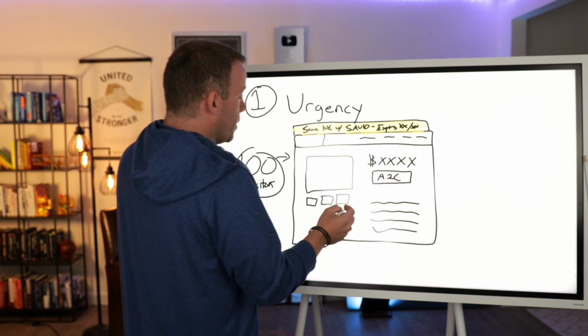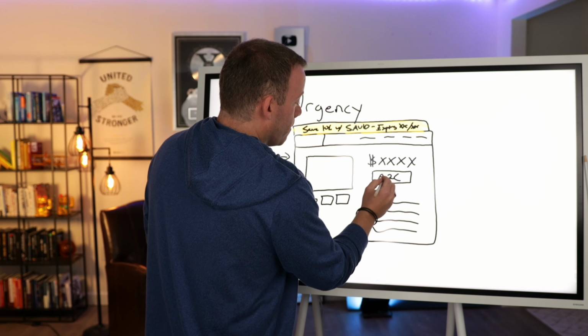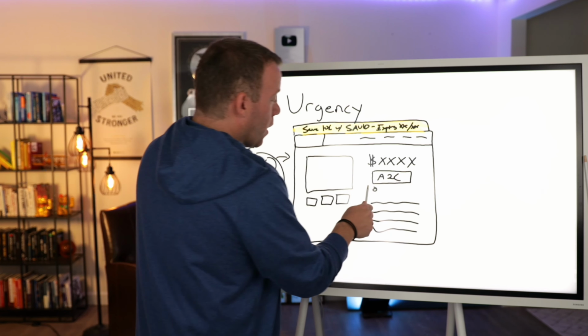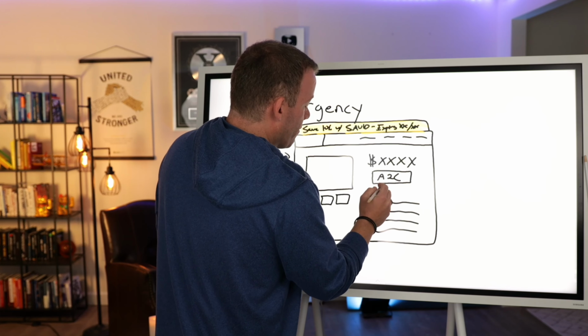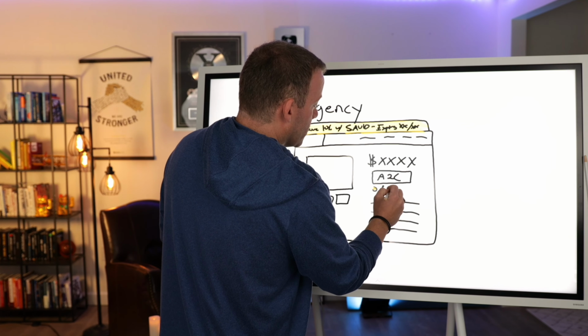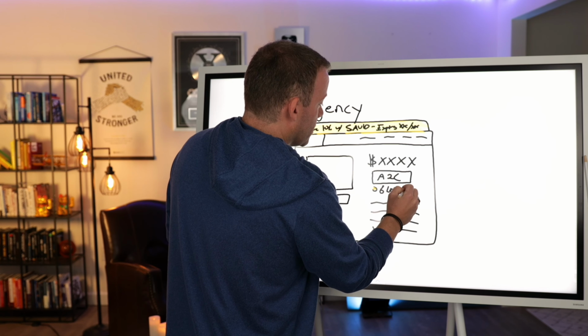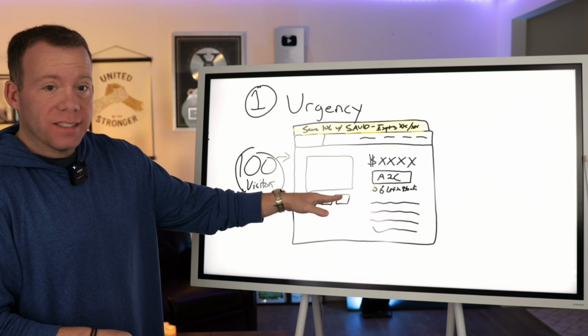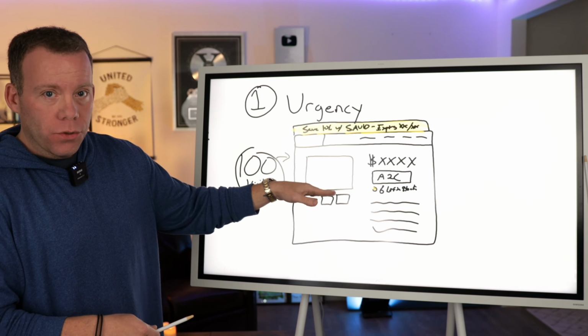But what we do here for showing inventory is right by the Add to Cart button. And again, we only do this if inventory is really limited. We'll show how many are left in stock, right? So we'll have a little flashing button, and it might say 6 left in stock. So between that, right, the fact that the customer knows, oh, if I don't buy this now, it might not be here in a week or two when I come back.